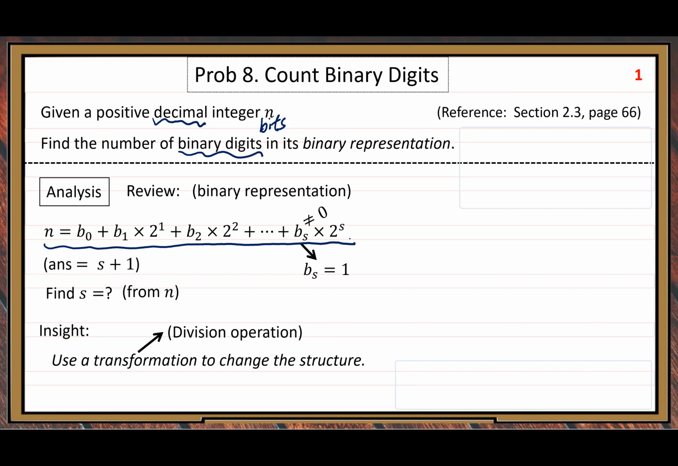What is the transformation here? For this particular problem, it is the division operation. The question is, why the division operation? Let us observe the structure of this expression first. The right-hand side is a sum of several terms. For each term, let us try to find some property. Each term